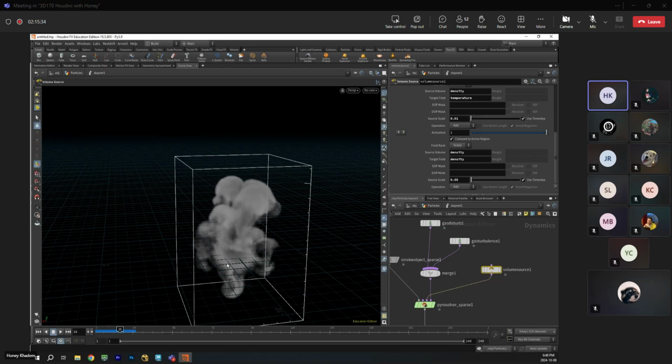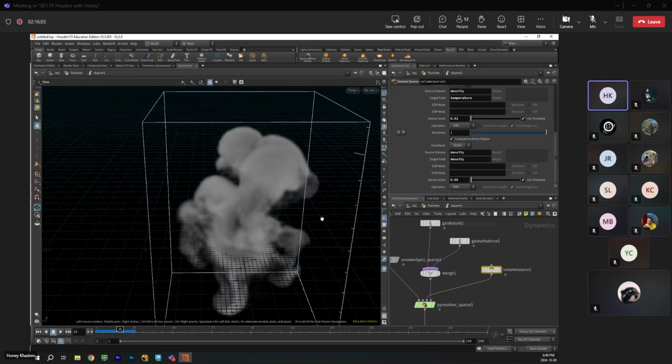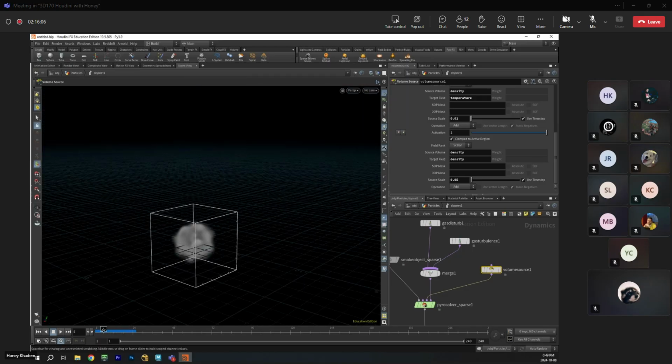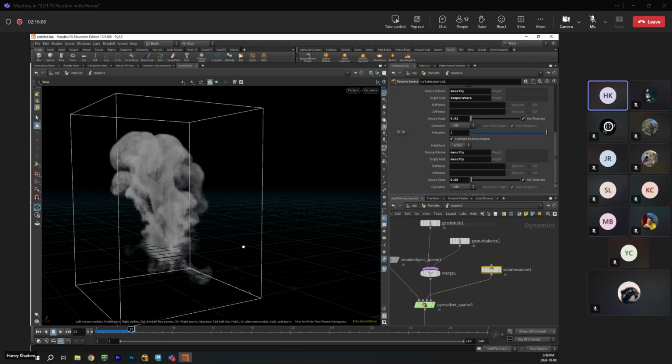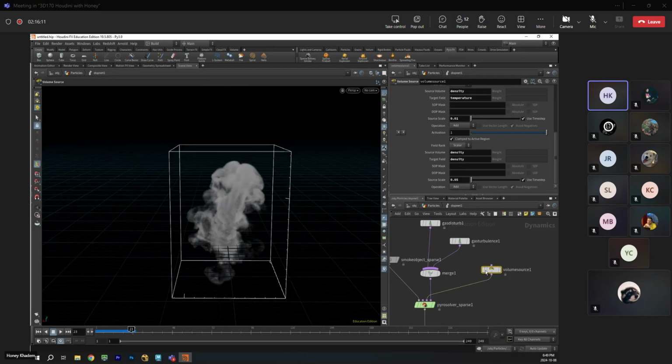So I know that after I simulate it once and I'm happy with it, then I have to cache it. So next time I don't need to simulate it again. I only have to go back to my cache and then just read the cache. So what I'm going to do right now, going back to the computers, is cache this volume once I'm happy with it. You will need to simulate it once, and if you're happy with it, then you're going to be caching it. So let's say, for example, I'm happy with it. Boom. Okay, I have enough details. Hey, that looks fine.